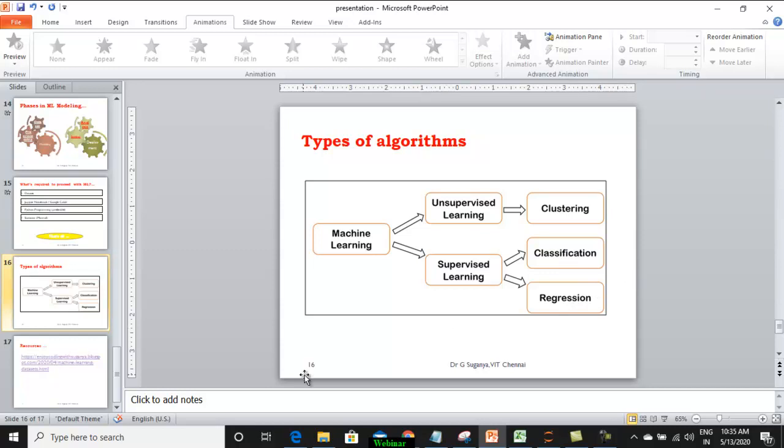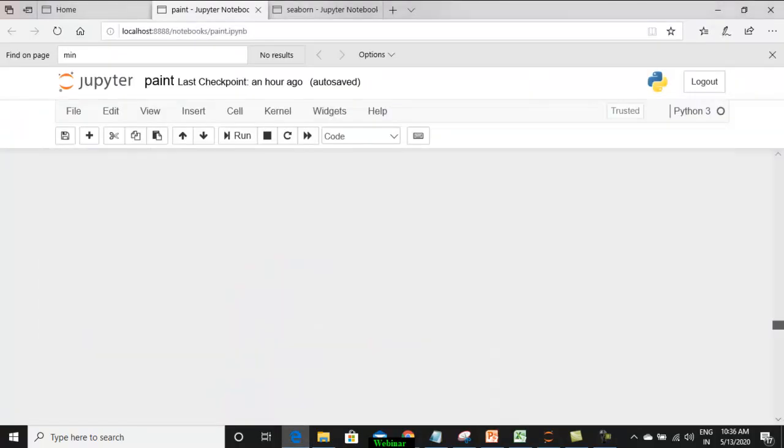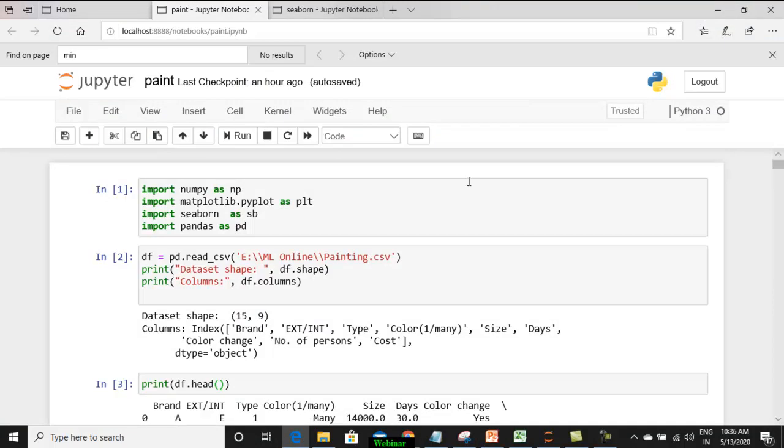So this is about your theory. Now we'll move on to the practical session to understand how I took the same painting data set, which I have shown you here, and worked it out, computing the cost as the output column. So I have applied